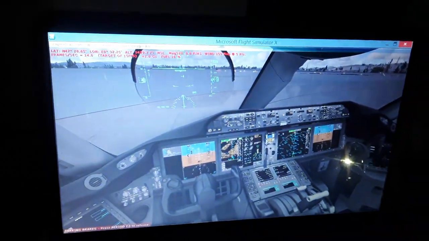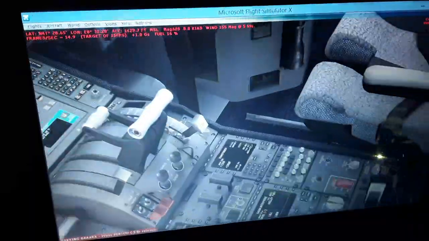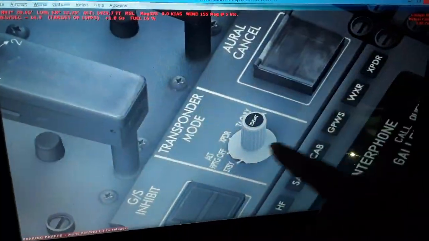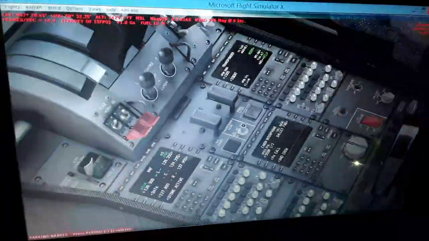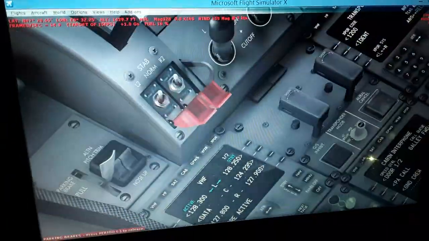You can also calculate the closing velocity between our aircraft and the other aircraft, so it will give us a warning if we have an incoming collision in the air. The TCAS system, the traffic collision avoidance system of the aircraft, uses the transponder. The transponder is over here, as you can see. Transponder mode over here. In the radio management panel you can see also we have the display of the navigation